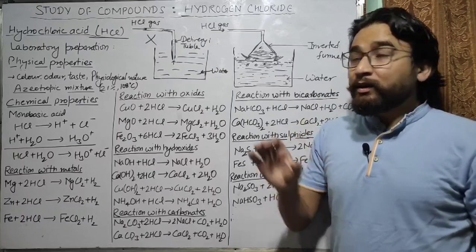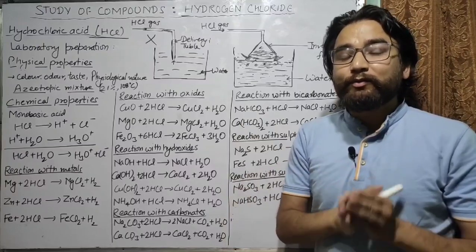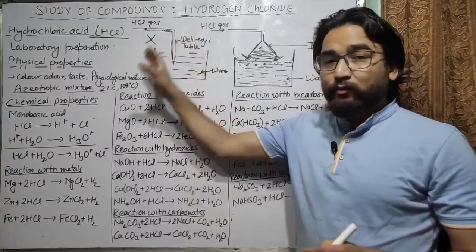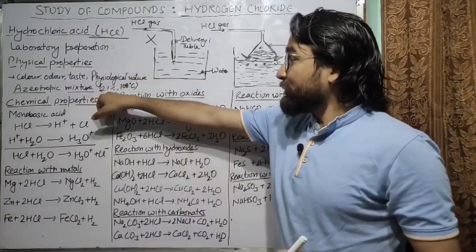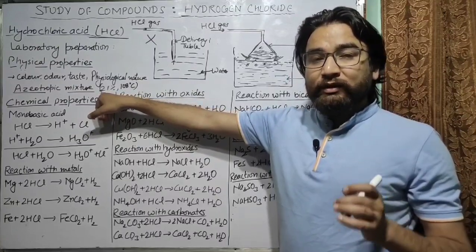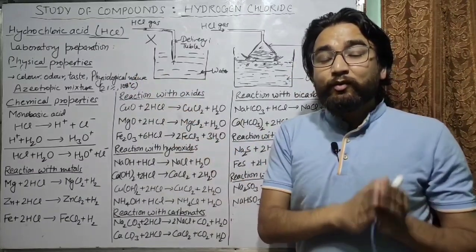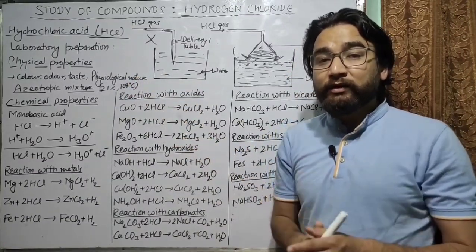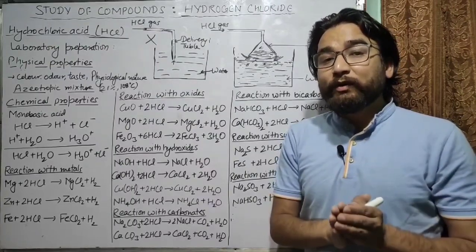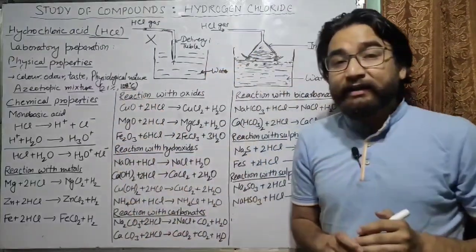You know that the boiling point of HCl is very low as compared to that of water. The boiling point of water is 100 degrees Celsius, but when we add HCl in water at 21% concentration, that is, if there is an aqueous solution of HCl which consists of 21% HCl and the remaining water, then it will form a mixture which does not have the boiling point of 100 degrees Celsius, but has the boiling point of 108 degrees Celsius.